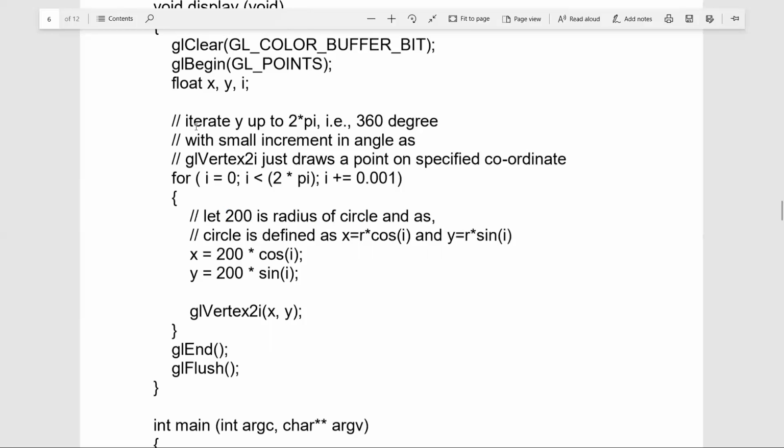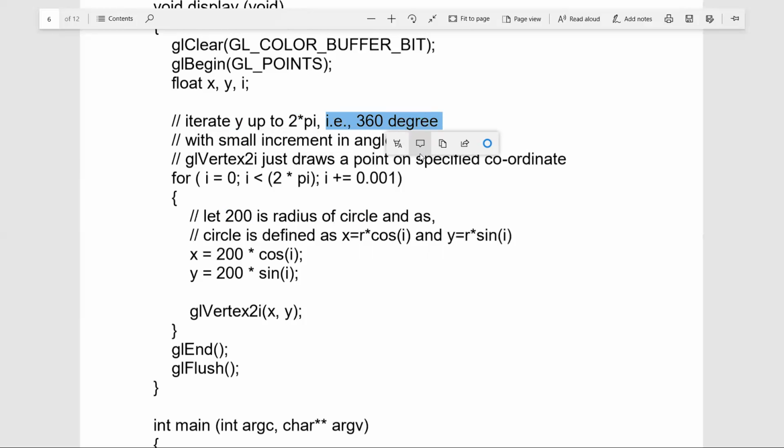And we are using y, where y is iterated up to 2 into pi. Pi is a constant we have defined, and 2 into pi will let us draw the circle completely, of 360 degrees.